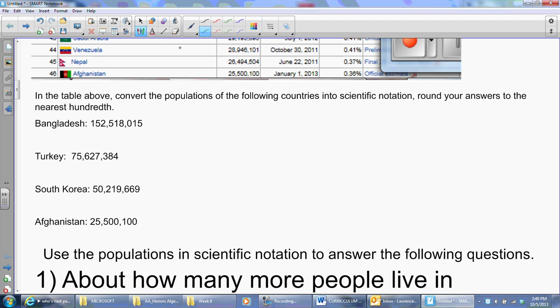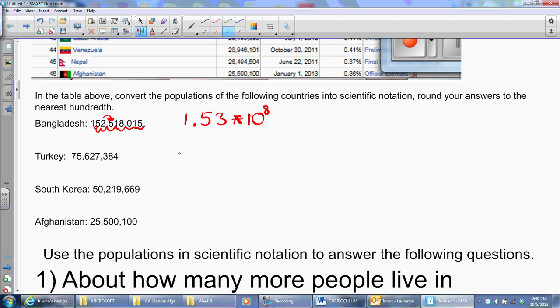Anyway, the population of Bangladesh in scientific notation. Right now I know the decimal point's here, and I need it to be there, right? And we're rounding to the nearest hundredth, so I'm going to be stopping right around there too. So I'm going to need something like 1 and 53 hundredths, because I look here, right? 5 or more, I raise the score. So let's see how many times I'm going to divide this by 10. 1, 2, 3, 4, 5, 6, 7, 8. So I will multiply that decimal by 10 to the 8th power, and there is the population of Bangladesh